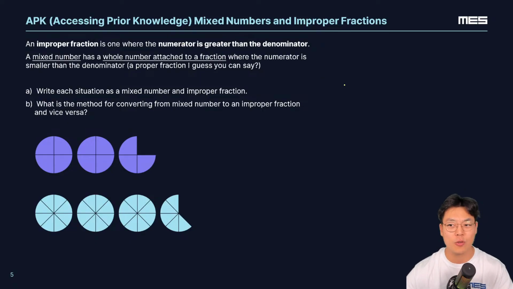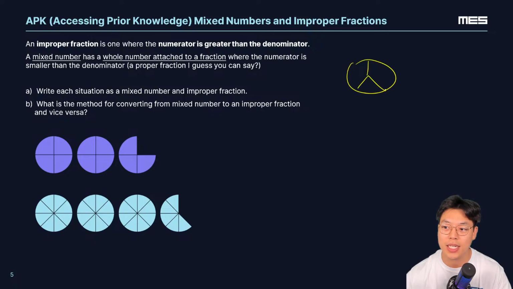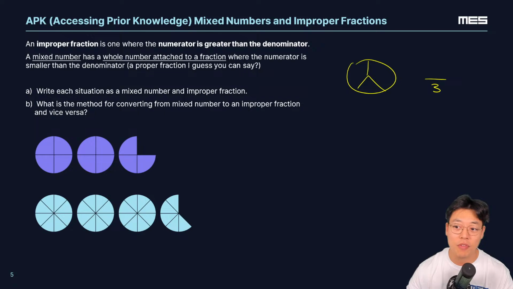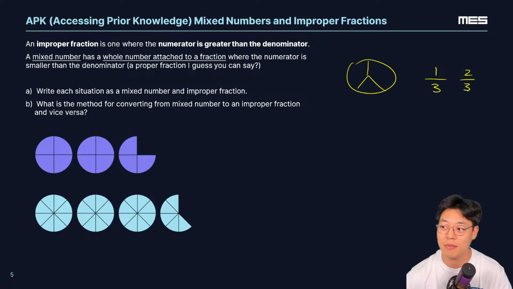So let me explain this to you really quick. A fraction, if you thought of a whole split into thirds, we would say, all right, how much of the whole do you want, right? Right now it's split into thirds. Let's say you want one part of those three parts in the whole. So you'd say 1/3. And now if you wanted two of those pieces, you'd say, I want 2/3 of that. If you wanted all of them, you'd say, give me all three pieces.